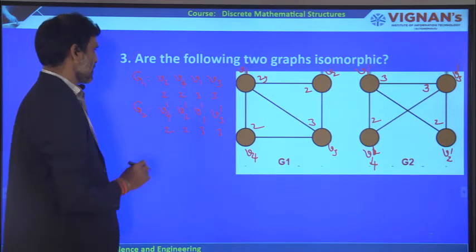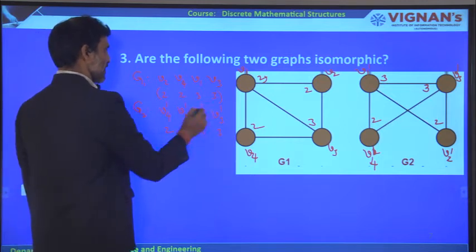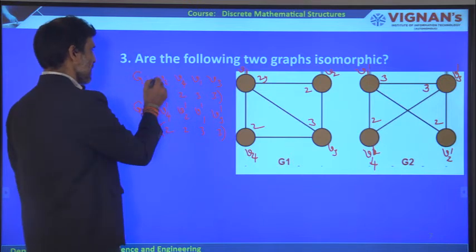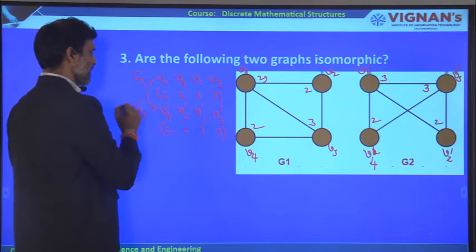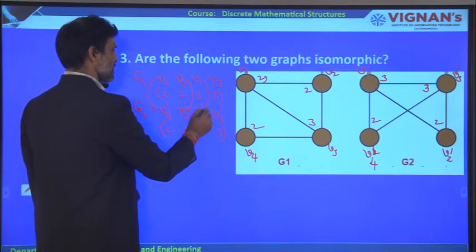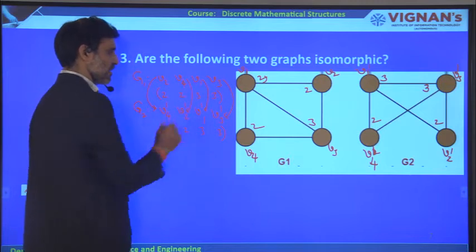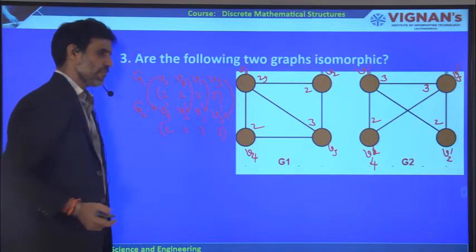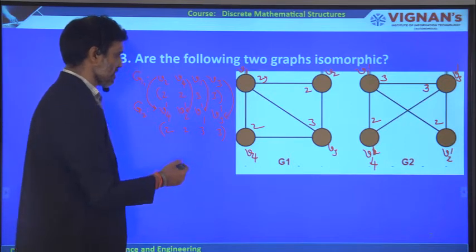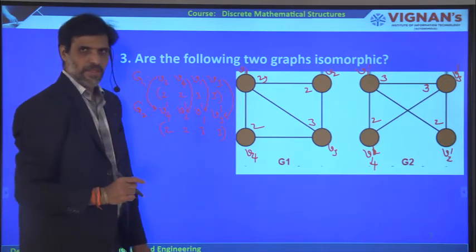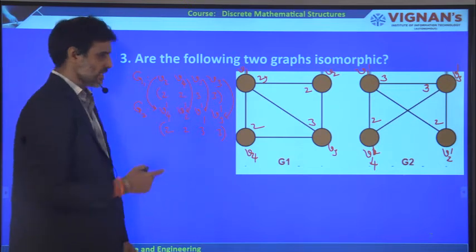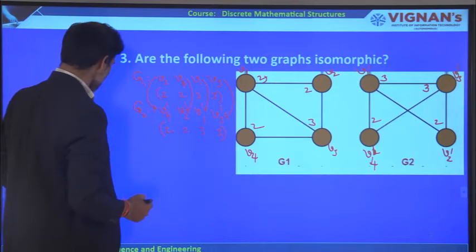So if you take the degree sequences, both the graphs have the same degree sequence, and this vertex is equivalent to this vertex here, and this vertex is equivalent to this vertex, and this vertex is equivalent to this vertex, and this vertex is equivalent to this vertex in the given graph V2. So this is what isomorphism is, even though they are in different forms, we get it like this. V2 is equivalent to V4 dash, V4 is equivalent to V2 dash, like that you have to take. So the third condition is also satisfied.